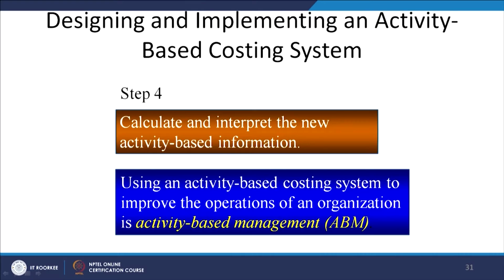Using an activity based costing system to improve the operations of an organization is activity based management. Activity based management means ultimate purpose is what? We want to improve the operations of an organization, and when our operations are improved, the cost allocation is improved. So, it means overall performance of the organization increases, because when we are able to achieve that total sales target, we are able to achieve that profit target, we are able to achieve that the number of units manufactured and selling them in the market target. When we are able to do all those things,